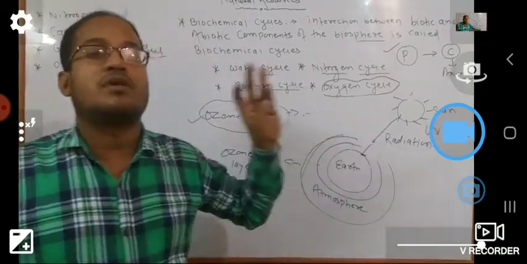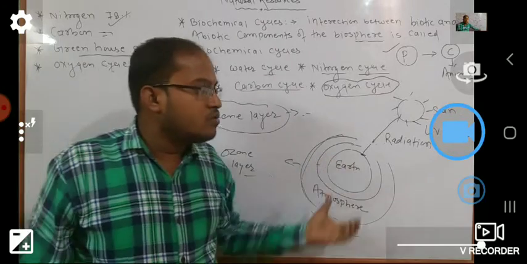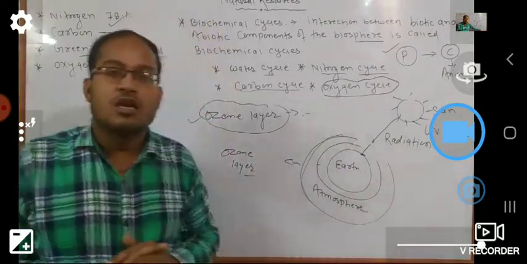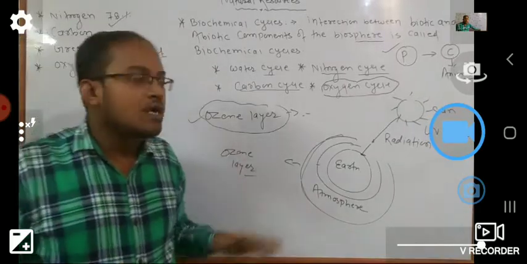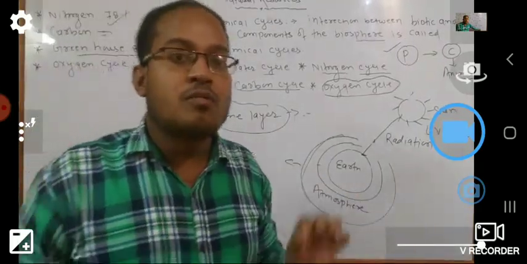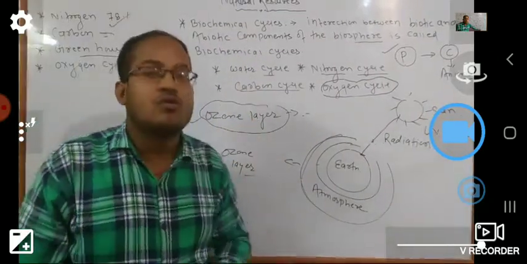We have discussed ozone layer, we have discussed greenhouse gas, we have discussed global warming also. Now this is your homework, you have to give me the answers of ozone layer depletion and you have to give me the answer of global warming. This is your 2 homework. Write down the meaning of global warming and write down the meaning of ozone layer depletion.